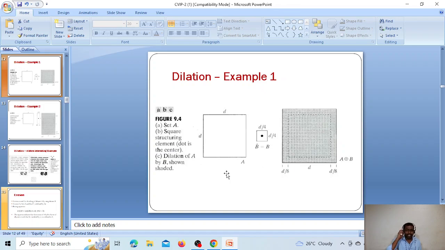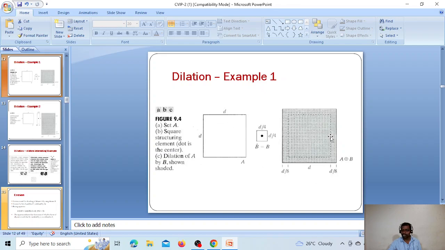Here A is one set, and B is a structuring element, a square type. Now we apply the dilation operation on A, and we get this value.